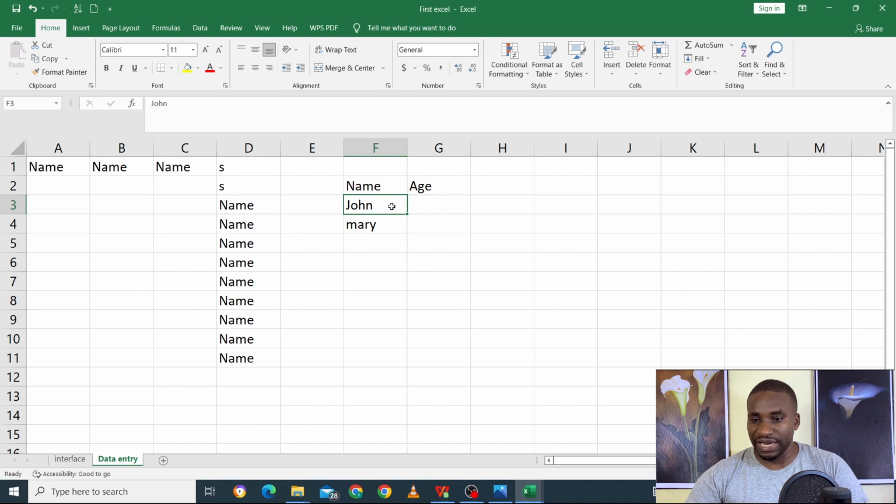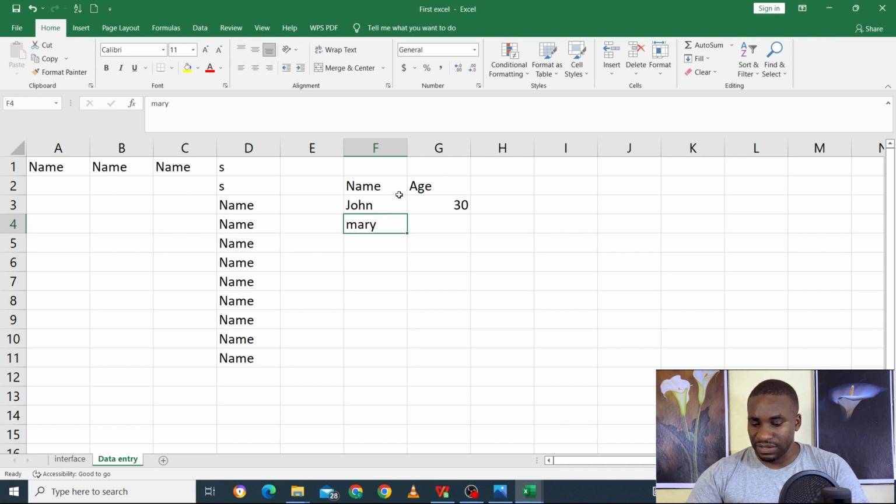I'll just do it again so you can understand that. So if I use tab again, tab, and then I press 30, watch this. When I press enter this time, instead of it going below 30, it's going to go to the left, to Mary. So I press enter, it goes here. So as soon as I'm not using the mouse to do that, the enter and the tab can help me manipulate and move around this